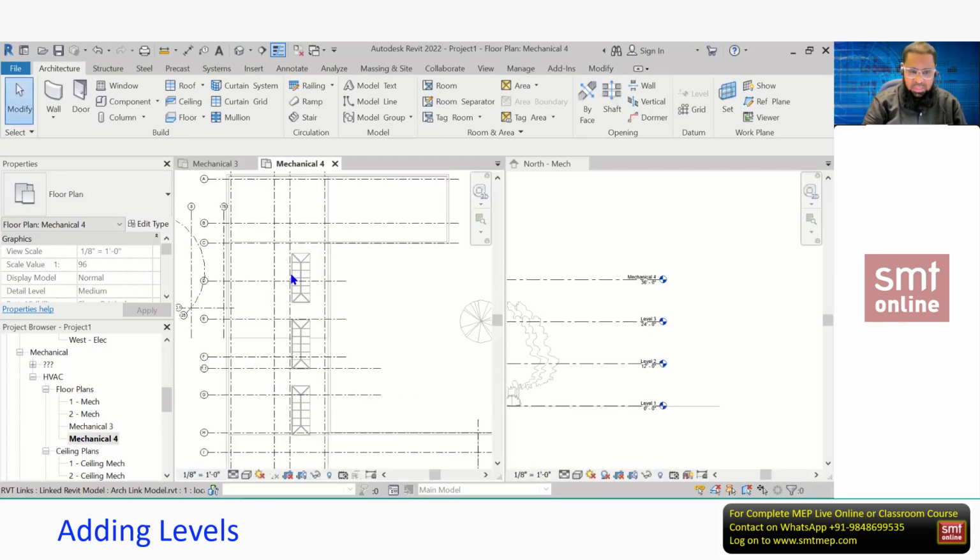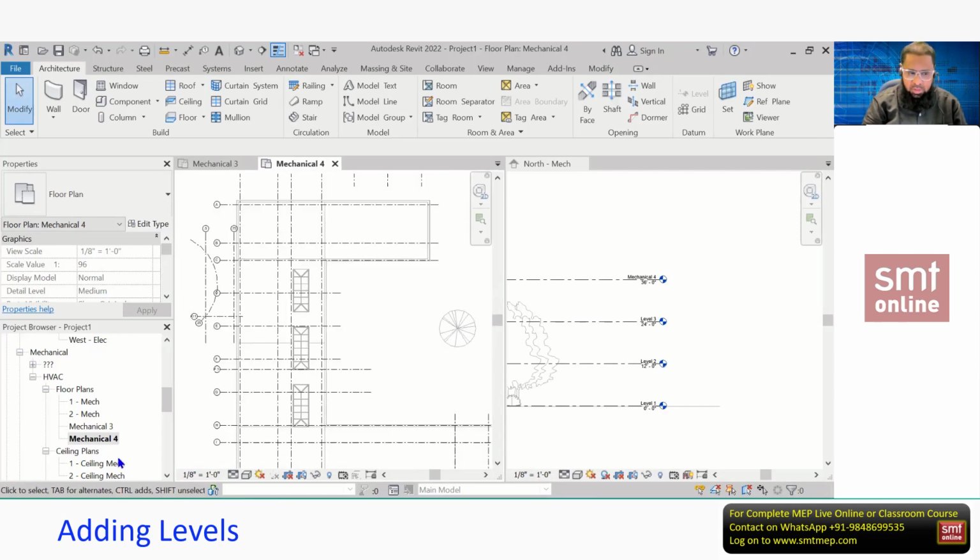So I'm going to open this mechanical 4. You see, it's a roof with the skylights, right? Similarly, get the ceiling plan also. You see, previously it was 1 and 2, so still 1 and 2. But where are the other ceiling plans now? This ceiling plan by default will be created in the unknown category, mech 3, mech 4. The floor plan you'll get in the respective category, but the ceiling plan you'll get in the unknown category. We'll update this. How to update, I'll show you. I want this mechanical 3 and mechanical 4 ceiling plan under this ceiling plan, not in the unknown category, but the floor plan is in the correct location. Okay, I can rename this one.